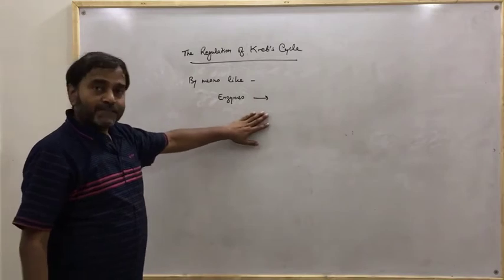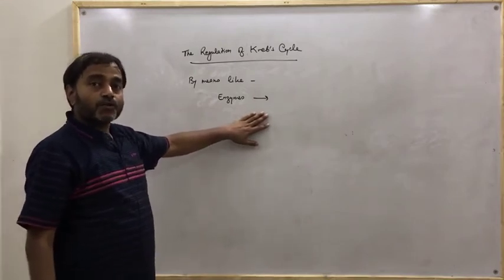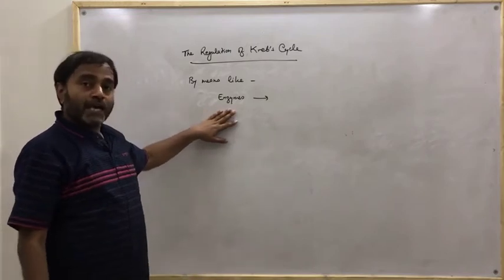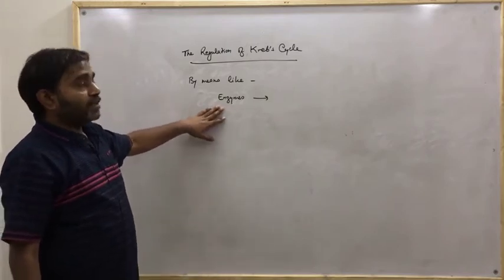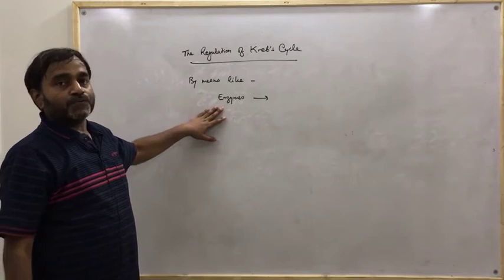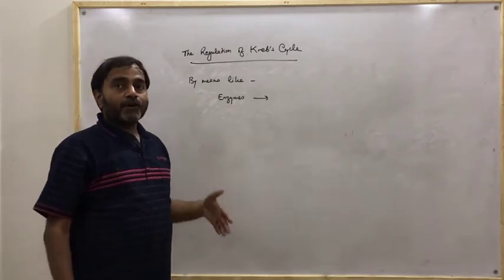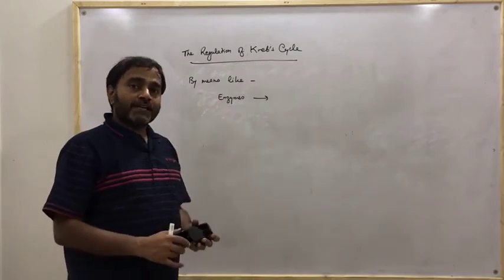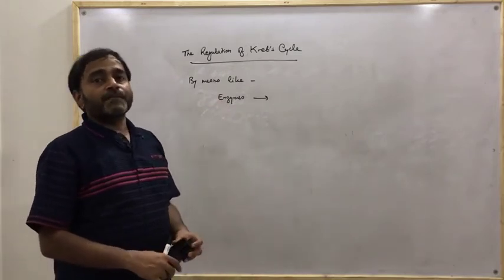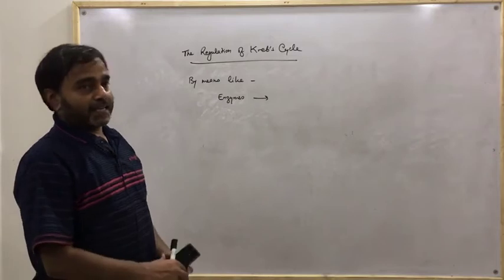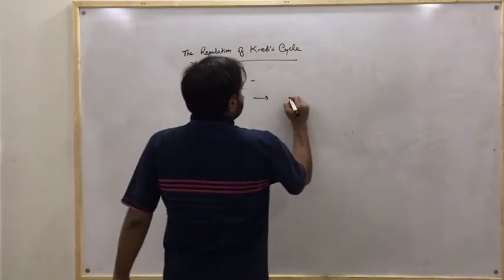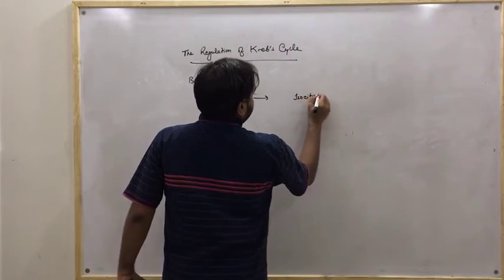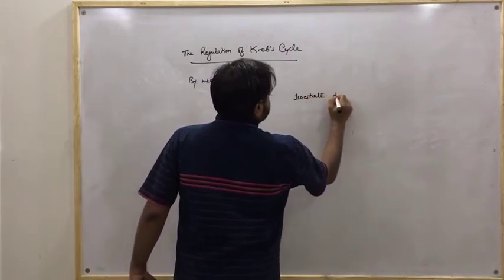You might have seen that one, and that one is isocitrate dehydrogenase. Due to its allosteric activity, the step is rate limiting. That's why I told you that the formation of alpha ketoglutaric acid from isocitric acid forms the rate limiting step of the citric acid cycle. So that one is isocitrate dehydrogenase.